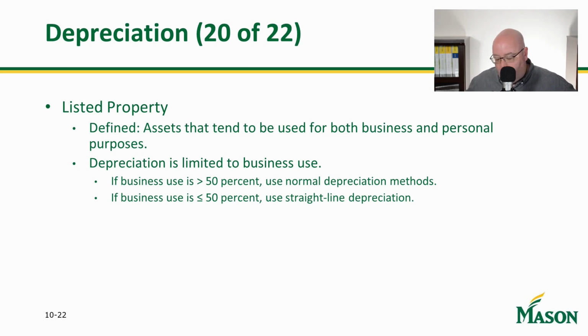All right. So when you're looking at whether you want to do 179 or code section 168(k), most tax systems are going to automatically select bonus depreciation for you. That may not be the best way to go. I would highly recommend that you examine whether you want to do that or 179. If you are living in the state of Virginia and your business is in the state of Virginia, you're probably going to want to do 179.